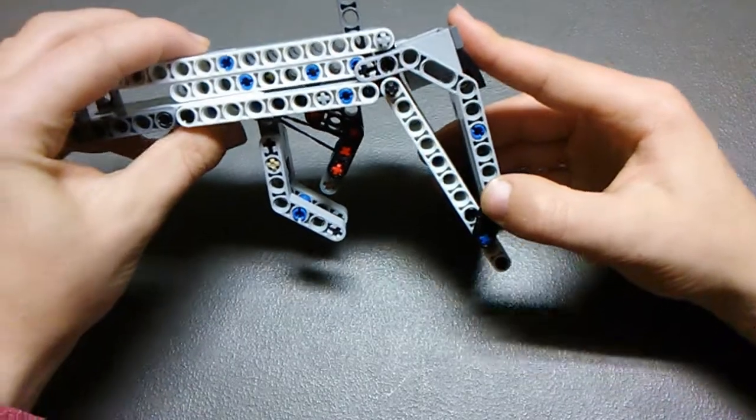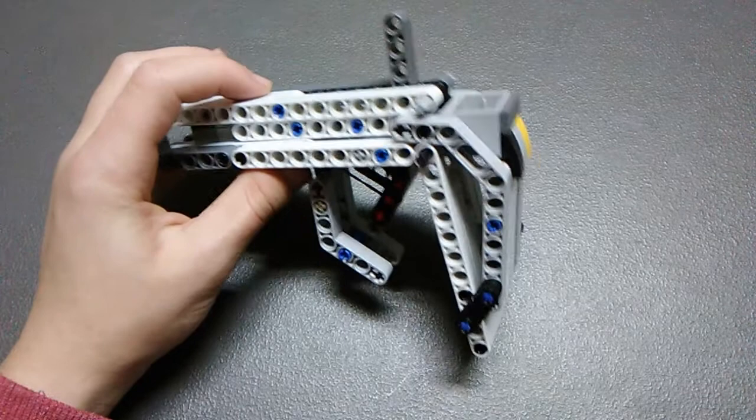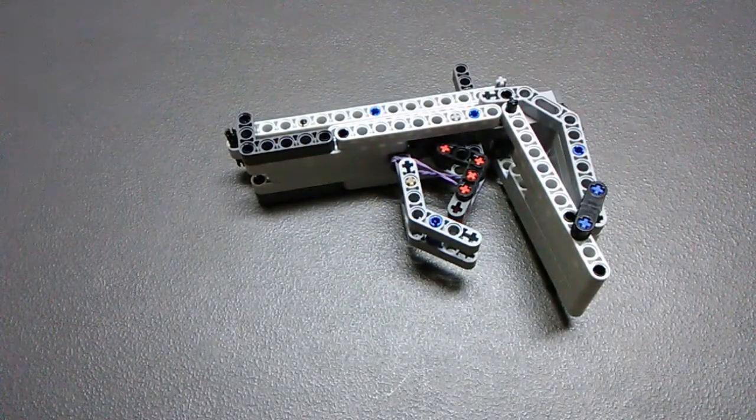Don't move this up too much or it will break that off. So it's a little fragile at first. It'll get better though towards the end. So now that that's on,